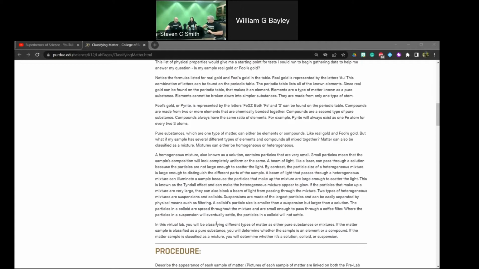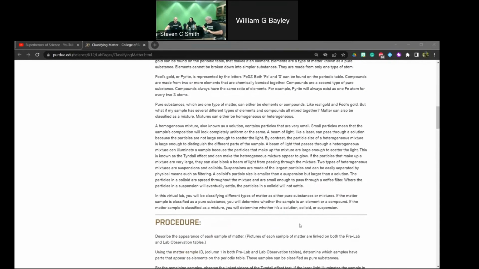And so what we've done, this is definitely something that you could set up. We're going to have some possibilities of samples of matter that you could provide for classes. But there are, of course, many other examples of matter that you could also provide. It all depends on what you have available, what you have in your cabinets, what's easy for you to get a hold of to present to your students. But in the chance that you have a student that can't be in class for whatever reason, hopefully this will be helpful to give them the next best thing, which is this virtual lab.